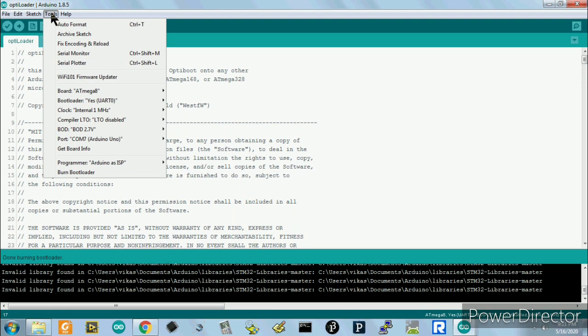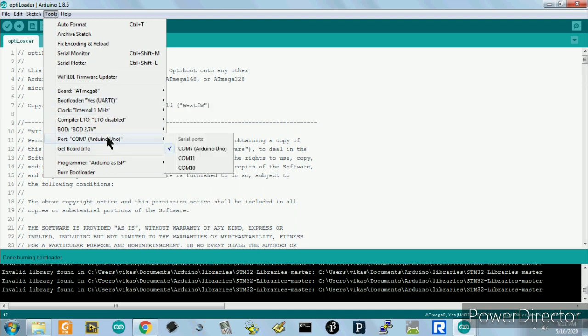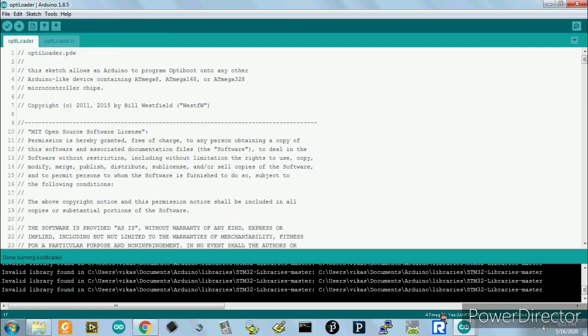That is a factory set clock, and the Arduino Uno is connected to COM7 as Arduino as ISP. So once these things have been done, first ensure that Atmega 8 is enabled and the internal clock. If you have checked these things, then we simply burn the bootloader.